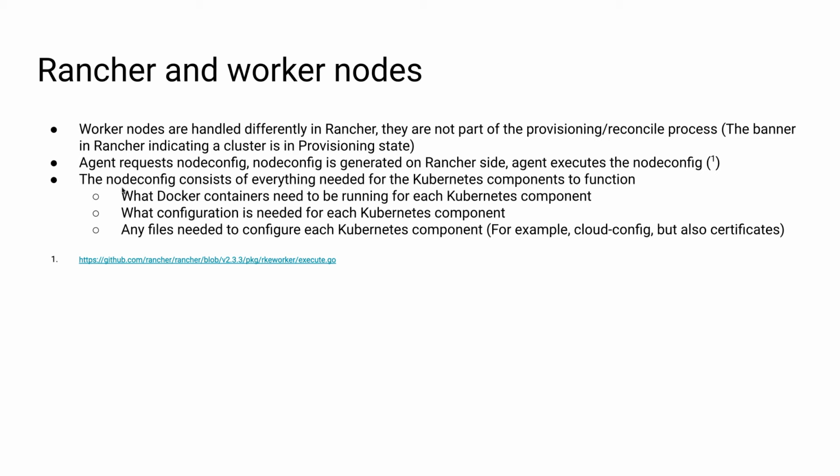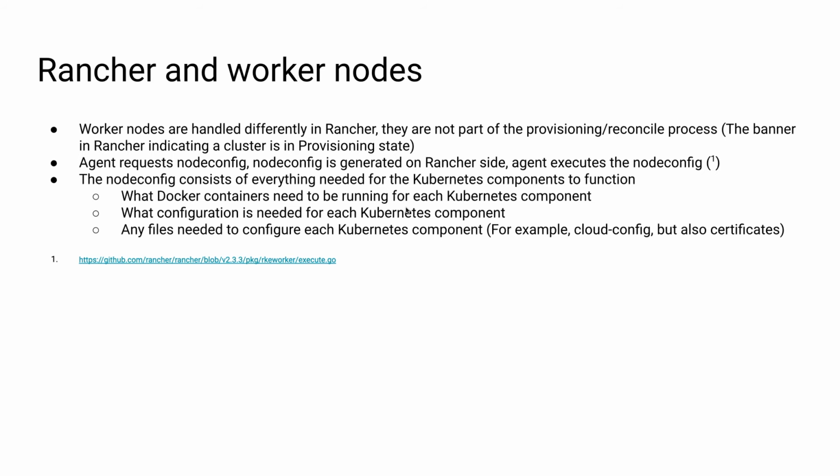Basically, what is said in the last line is everything in that node config is included, which is needed to run. So that means it includes all the components, so all the Docker configuration that is needed to add that node to the cluster, configurations of flags and parameters, etc. But also files. So, for instance, if you have a custom cloud config, or certificates, because certificates are always needed, that will be requested, and the worker will process that on its own, right? So the agent will run on that node. It will request a node config. That node config gets parsed, and then we translate that to